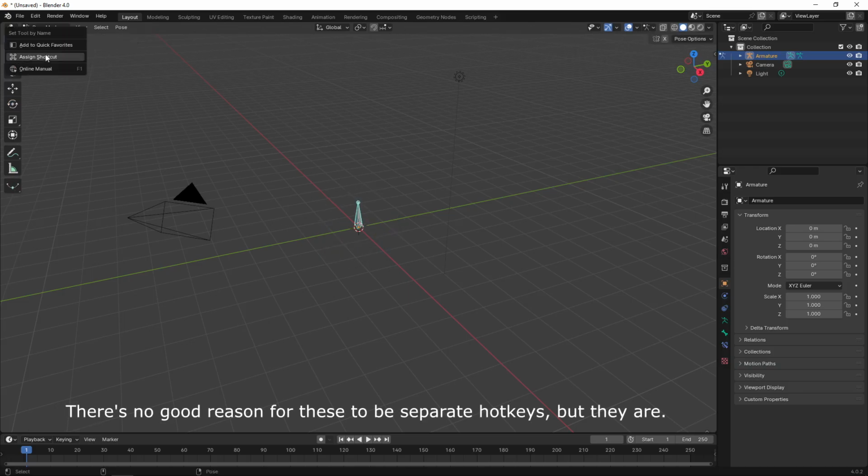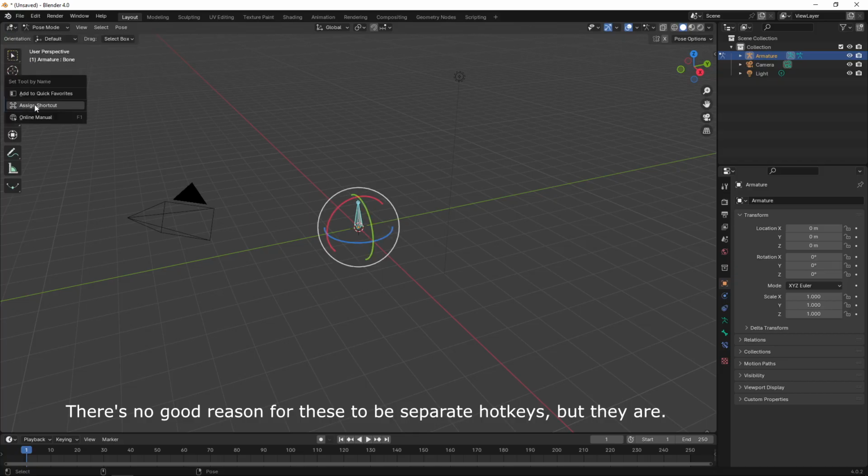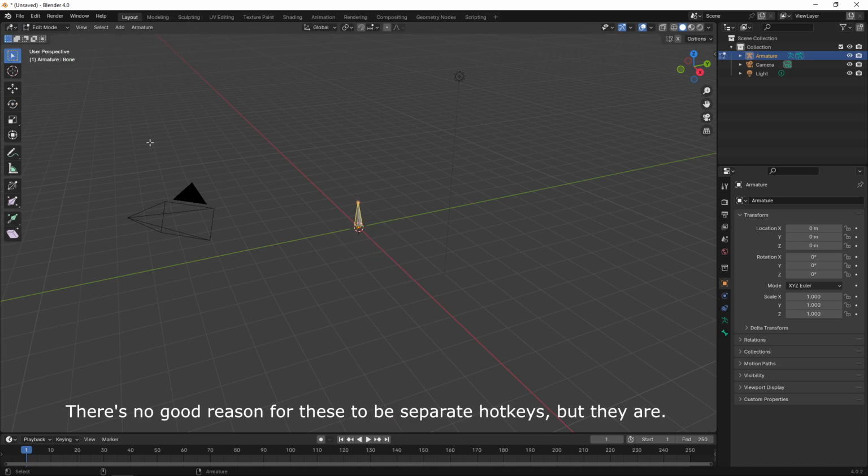We have to assign Q, W, E, and R, and again, the same issue here with rotate. Also edit mode for skeletons, same story again, Q, W, E, R,